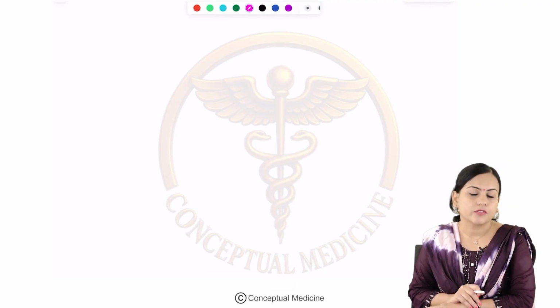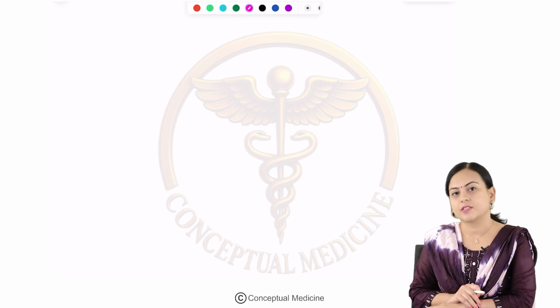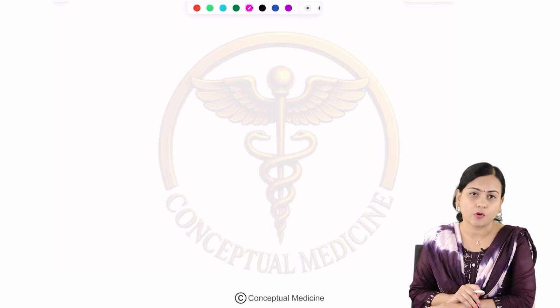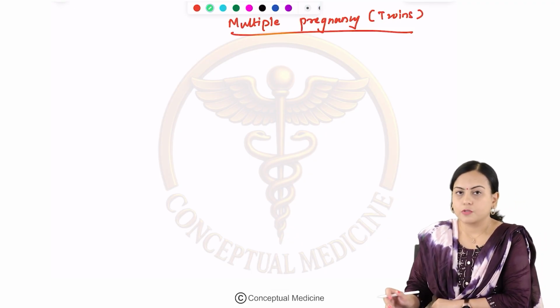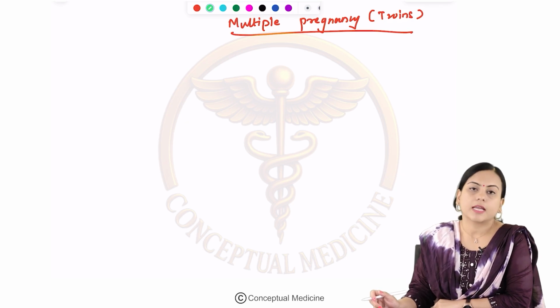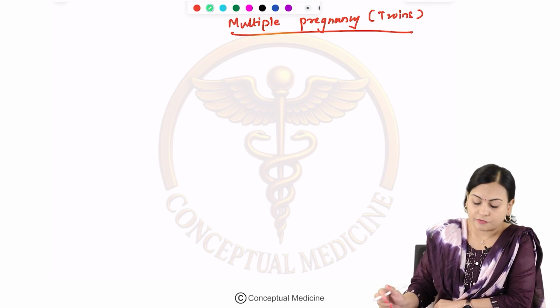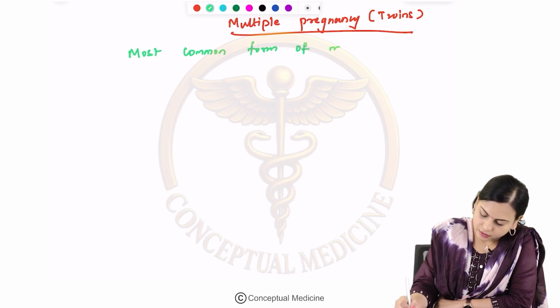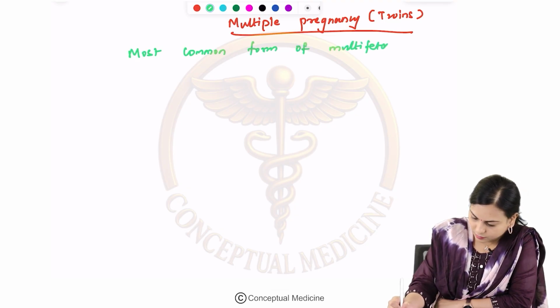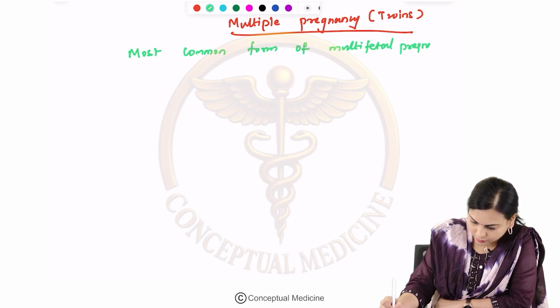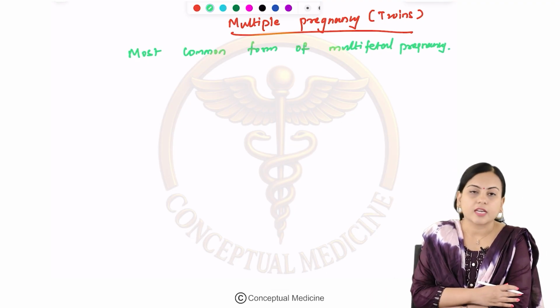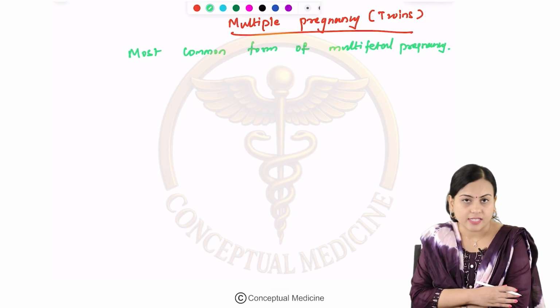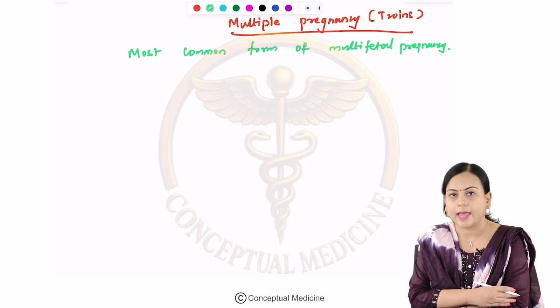In this video, we are going to discuss multiple pregnancy and especially twin pregnancy, which is more common and most important for your exams also, right? So when we speak about twin pregnancy, it is the most common type of multiple pregnancy, as I said before. It is the most common form of multifetal pregnancy. And depending upon the time of cell division that happens after fertilization, there are nearly 4 types of twin